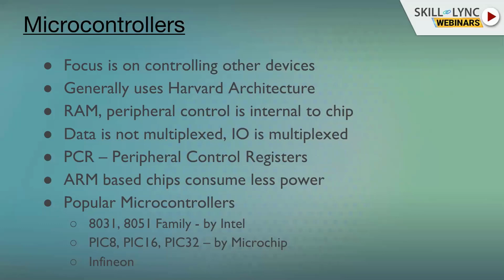If you see the motherboard of any computer, it will have a microprocessor on it, and there will be many microcontrollers on it. They are also used in industrial control. If they are used in industrial control, only to control, you don't need a processor. So you will find only a microcontroller on the board when you look at the board.